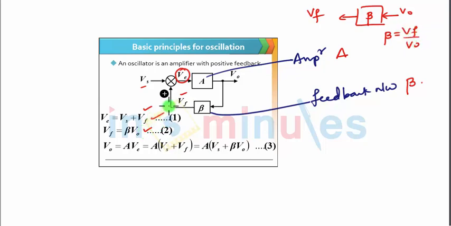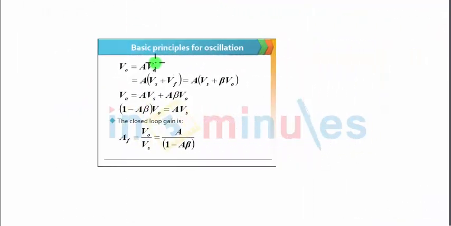so it can be written as beta Vo. Now we are writing total gain of the circuit as A, which is written as Vo by Ve. You know Ve is written as Vs plus Vf, and instead of Vf we can write beta Vo. Then from this we have got Vo, and Vo is A into Ve, that is Vs plus Vf. Instead of Vf we are writing beta Vo. So AVs plus A beta into Vo. Then taking Vo common, we will get 1 minus A beta,